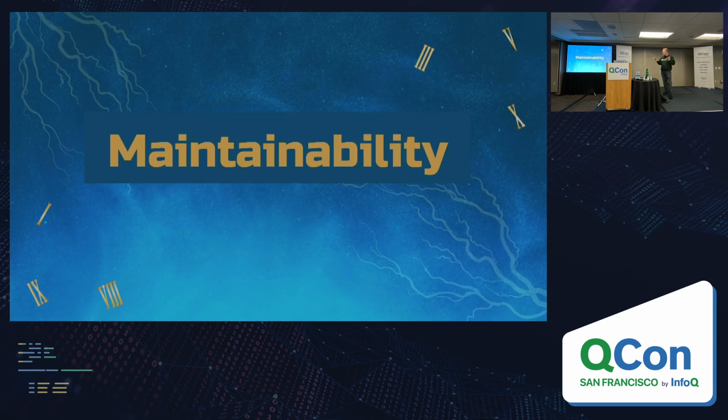And then zooming out, before I get into the weeds on this phenomenon I'm talking about, moving bugs from runtime to build time is really a subset of maintainability. As I've progressed through my career as a software engineer, I've found more and more that maintainability is one of the most important things that you can strive for, one of the most important skills that you can have as a software engineer.